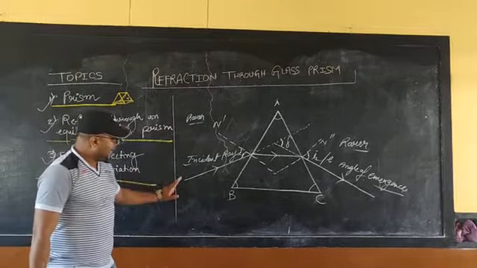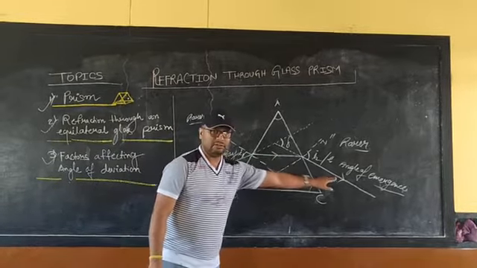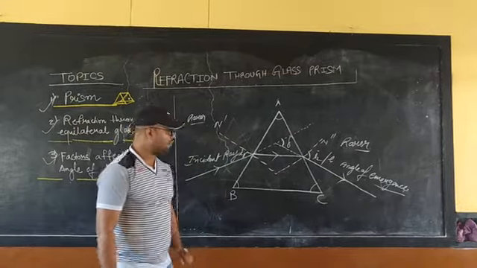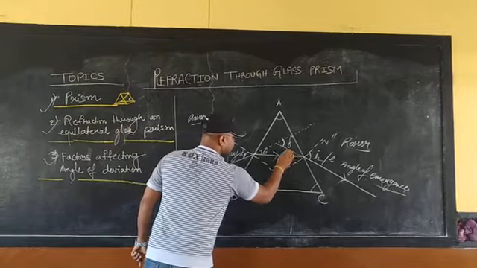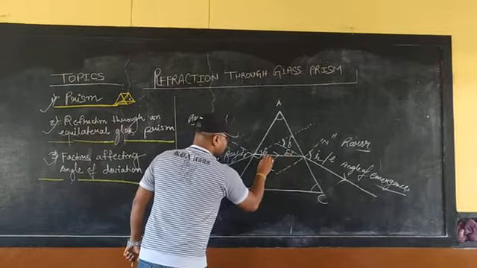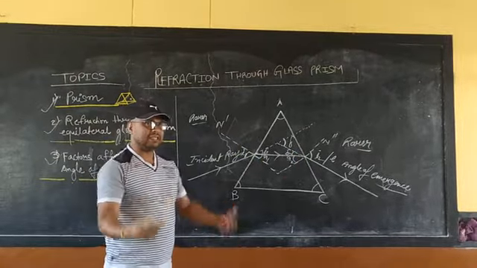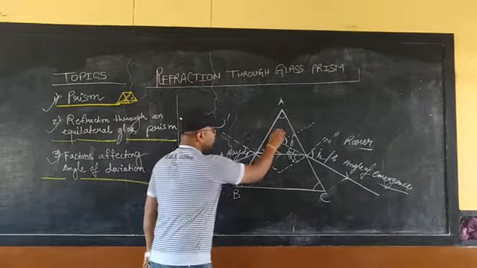The incident ray enters into this glass slab, is refracted, and comes out as the emergent ray, and within this whole process, how many types of angles did we get? This is known as delta 1, delta 2, R1, R2. We are going to find the relationships also, write the relationships, how they are interrelated. And this is known as the angle of prism.